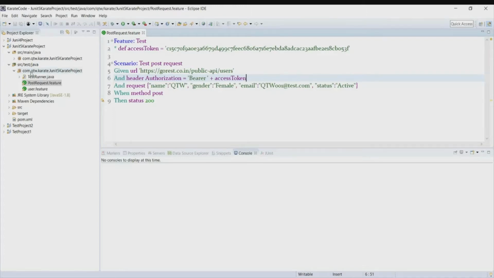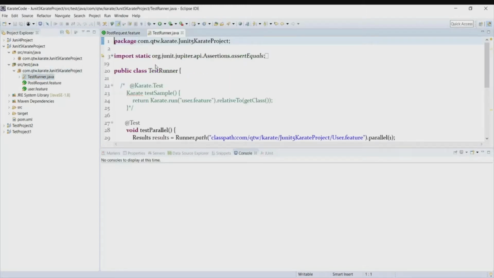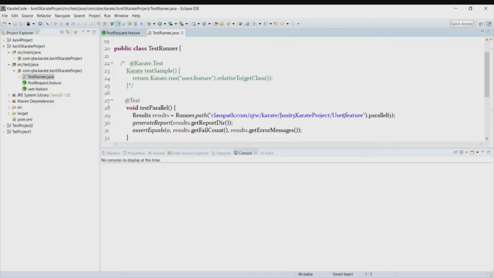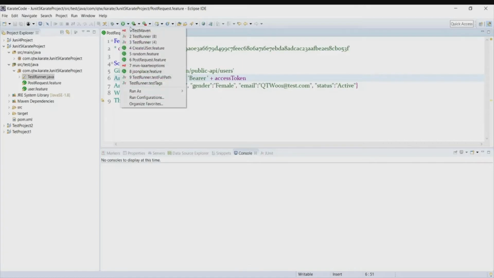Now we need to give this feature file into our runner. Okay, now we can try to execute this.